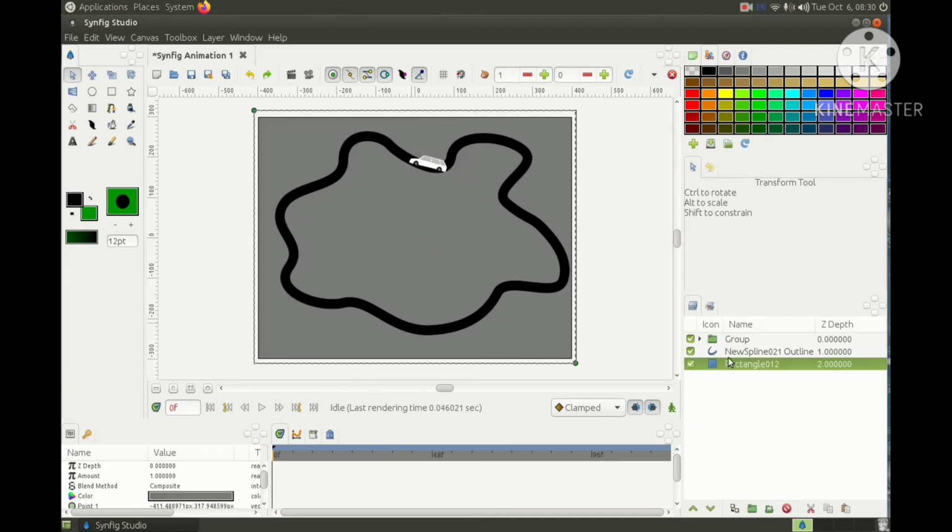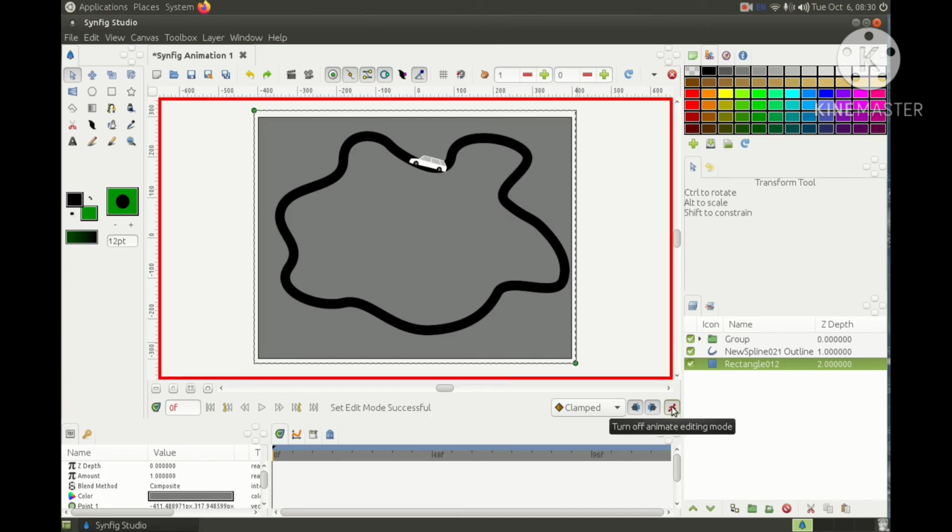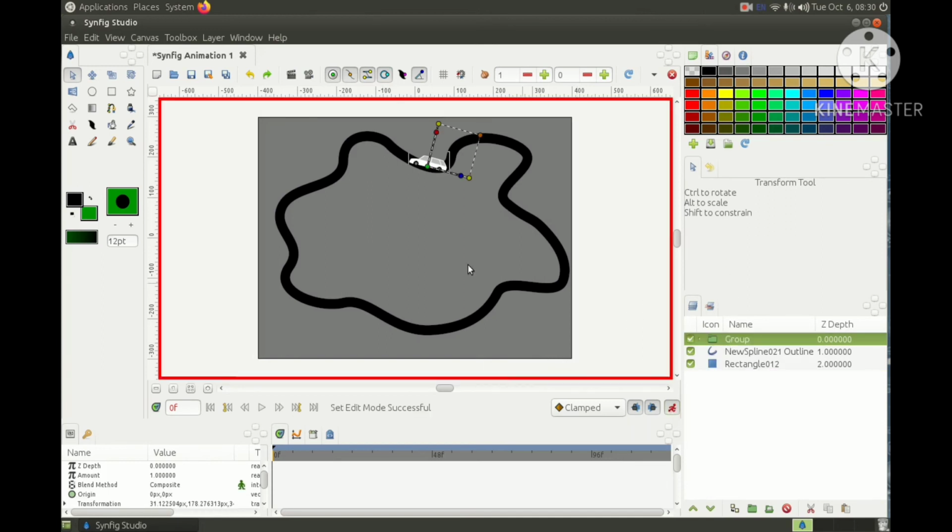okay, now we will give motion to this car. So simply start the animation, select the car and at the 0th point set the car at a particular place. At 24, meaning 1 second, set the car at a particular place.